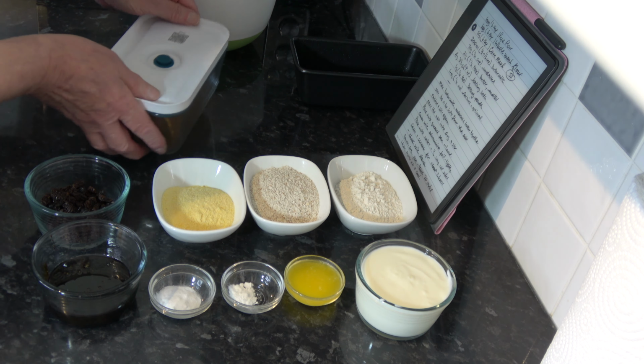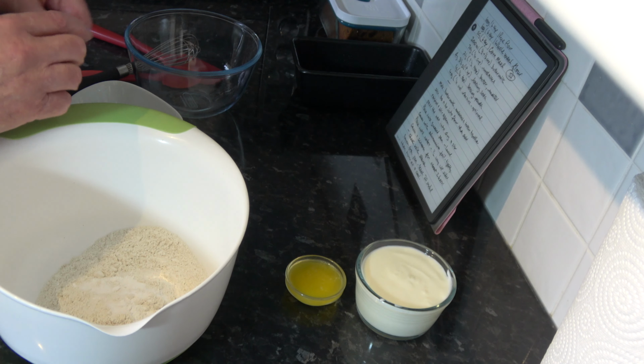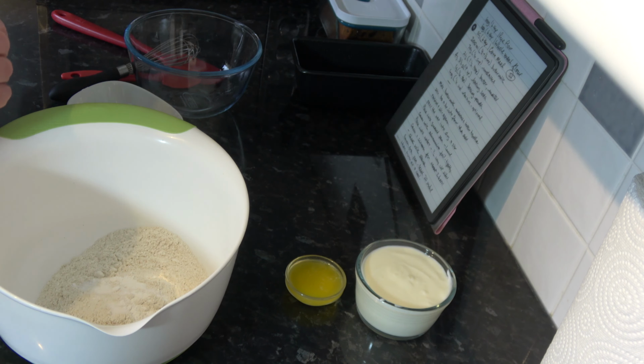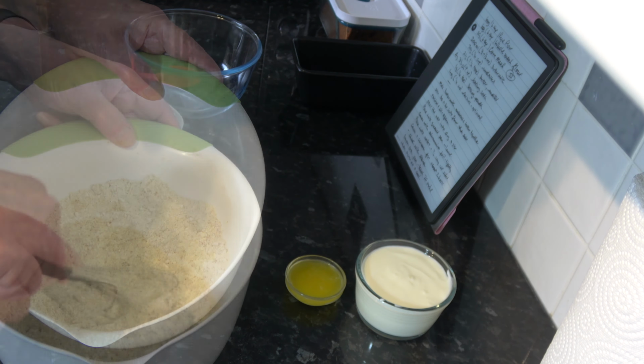And to start off with, I'm going to put the dry ingredients into a larger bowl. So the cornmeal, the wholemeal flour, the rye flour, baking soda, baking powder, and I'm going to mix those around. I'm going to give you a good mix because some of the flours sometimes clump a little bit. The rye flour clumps, and I want to just make sure I've got that broken up. And I'll set that to one side for a moment, and into